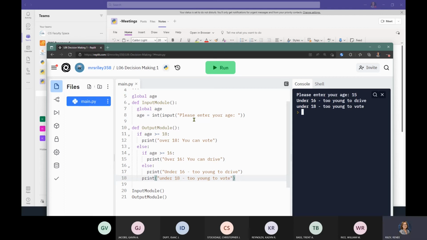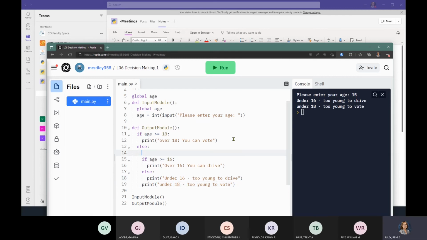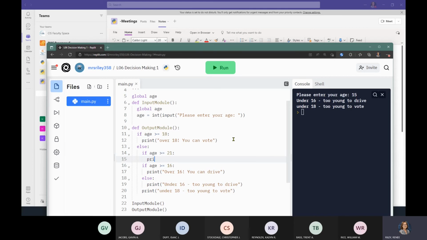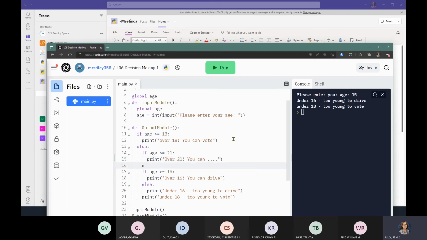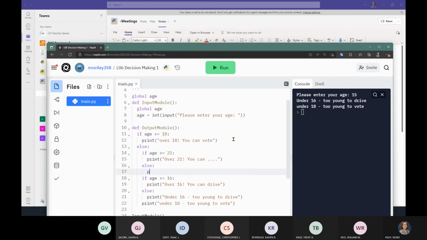We could add in a 21. Let's put that in. I'm going to put that down here. If age greater than or equal to 21, let's print over 21. You can, well, you know what they can do. They can drink. Great, and let's put an else statement in. Let's print under